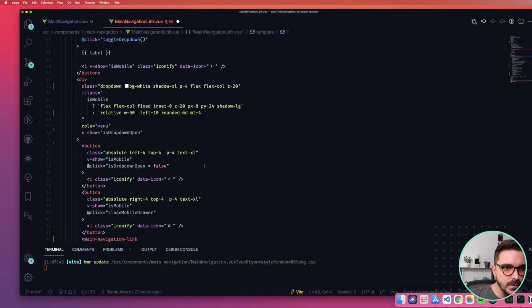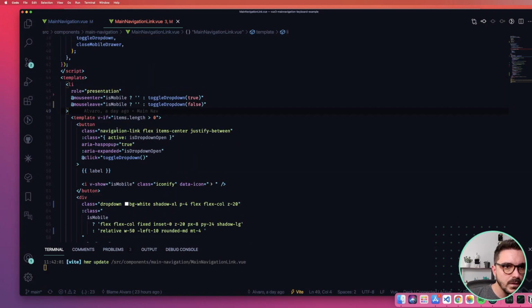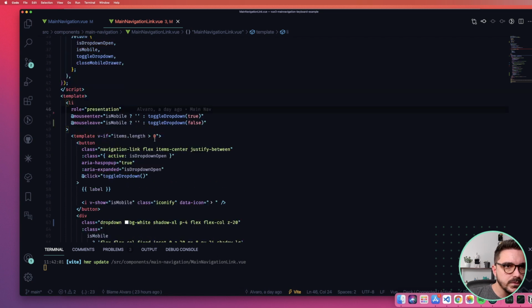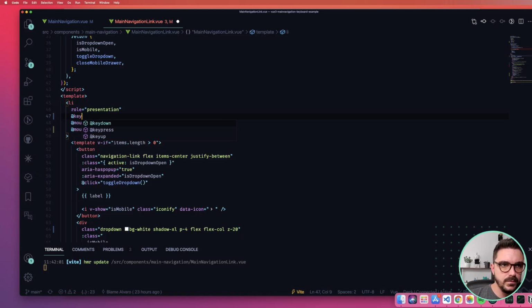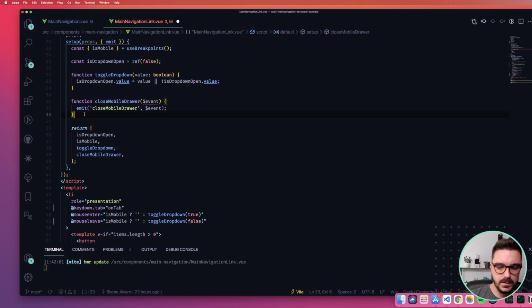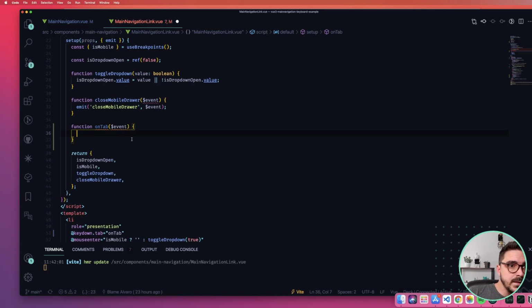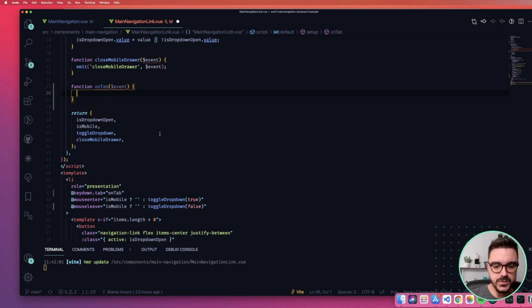Okay, and if it's the last one, whenever we do keyboard keydown, on tab, we pass the event, and here we should check if it's the last one.